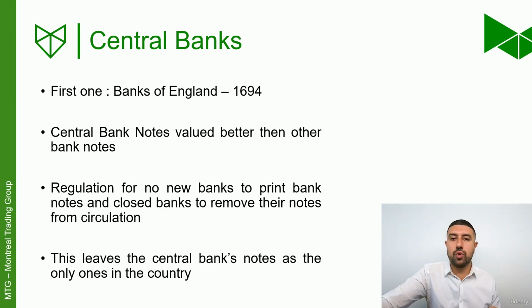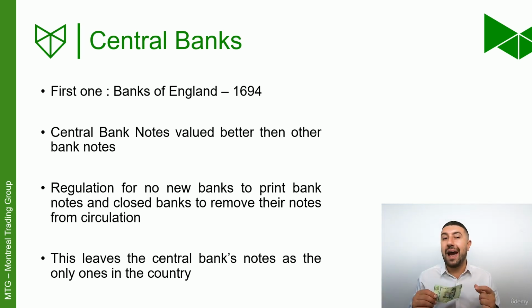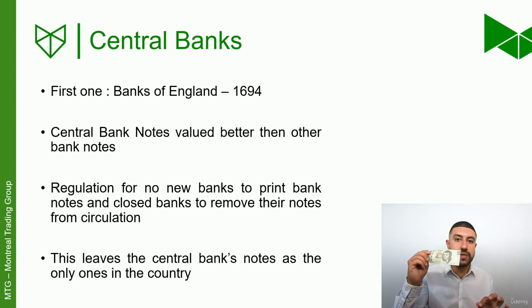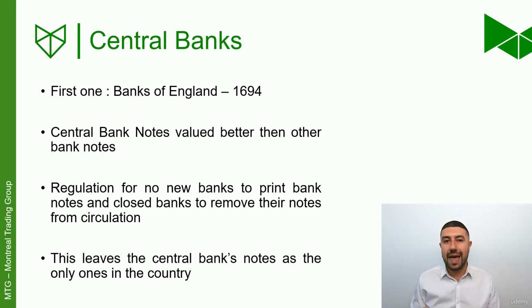And the only banknote that we're going to use from now on, the only IOU, is going to come from the central bank itself. So each country now has its own central bank. And they're responsible for the currency, for the IOUs, for that country. And they print it and do all of that stuff. And this puts the country in control of the money supply, so how much currency there is, and regulations about fractional reserve banking. So banks cannot just get 1,000 coins and lend out 999 coins of them because that's too risky. You're going to have a bank run and there's going to be all of these issues.